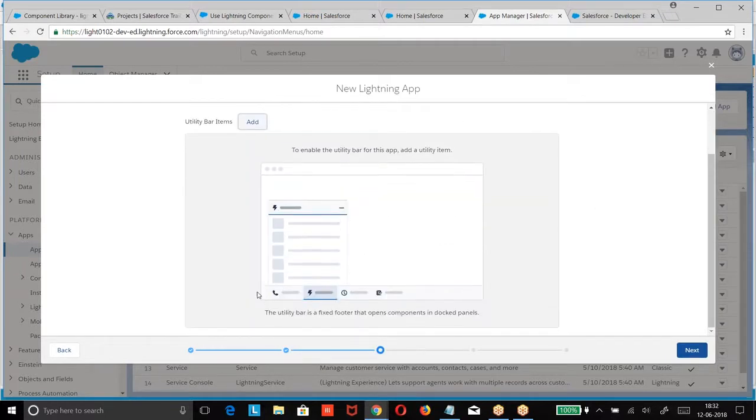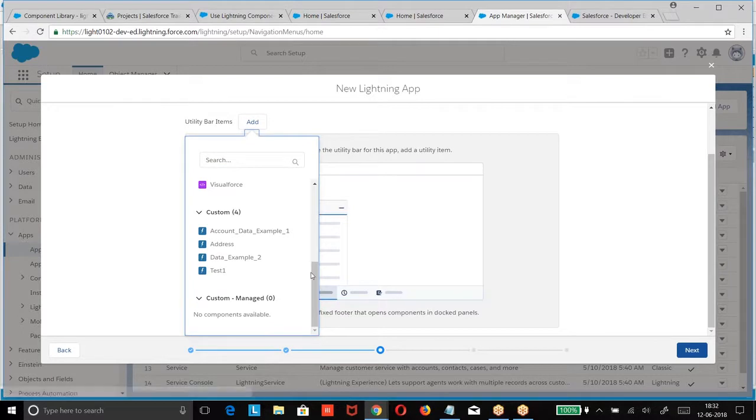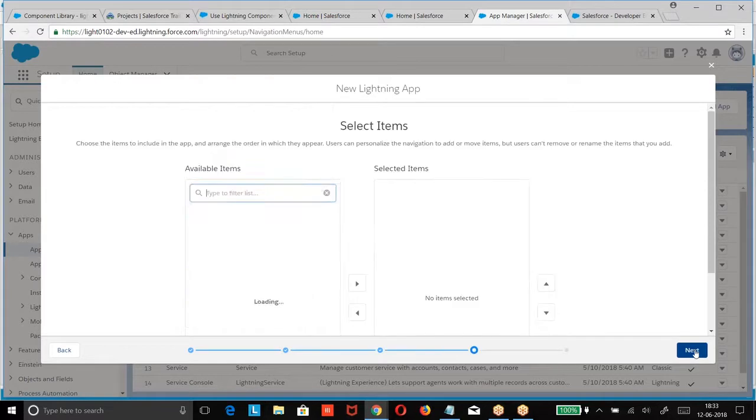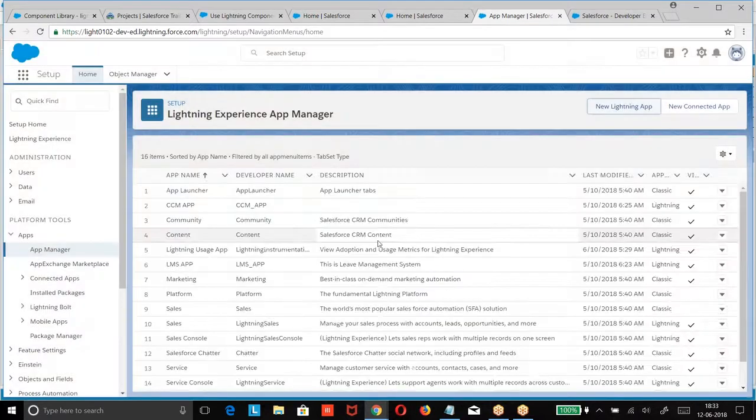Here, it is asking you to add utility bars. Utility bars will be at the bottom. We can also add the actions. Fine, we did not include this, no issue. Select the tabs. So, one is the global action, the other one is the utility bar.